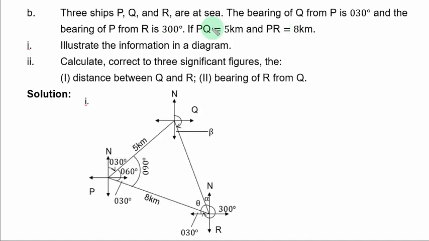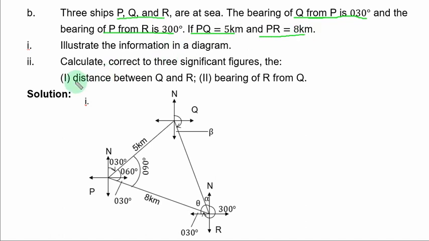Question 7b. Three ships P, Q, R are at sea. The bearing of Q from P is 030 degrees. You must note this word 'from'. And the bearing of P from R is 300 degrees. If PQ is equal to 5 kilometers and PR is 8 kilometers: (i) illustrate the information in a diagram; (ii) calculate, correct to 3 significant figures,